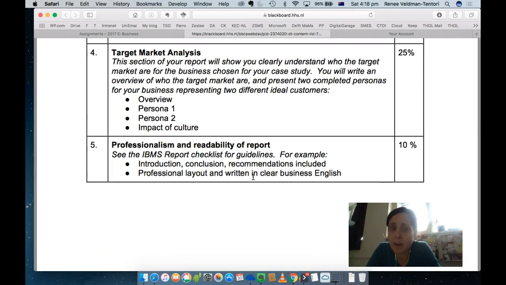So we've given you a guideline that is from, I think, year 1. We're not ticking off every single piece, it's a guideline, but it should be for us as lecturers. But if a business manager was to read this report, it should be clear, it should be easy to understand, and the main information should stand out. We recommend that you should always have an introduction and conclusion and some recommendations in any business report, and it should be a professional layout with a cover sheet and nice to read in a Word document.